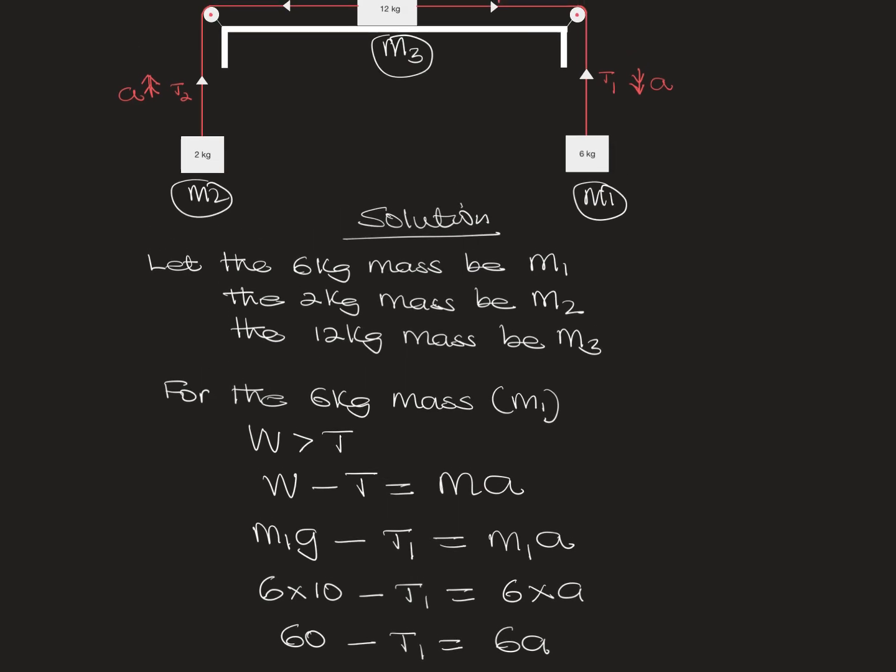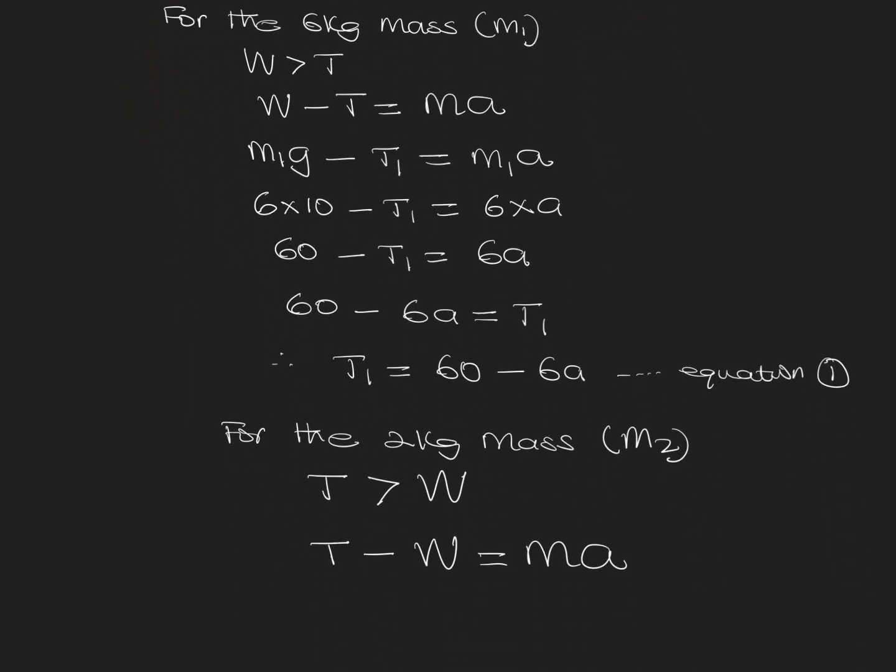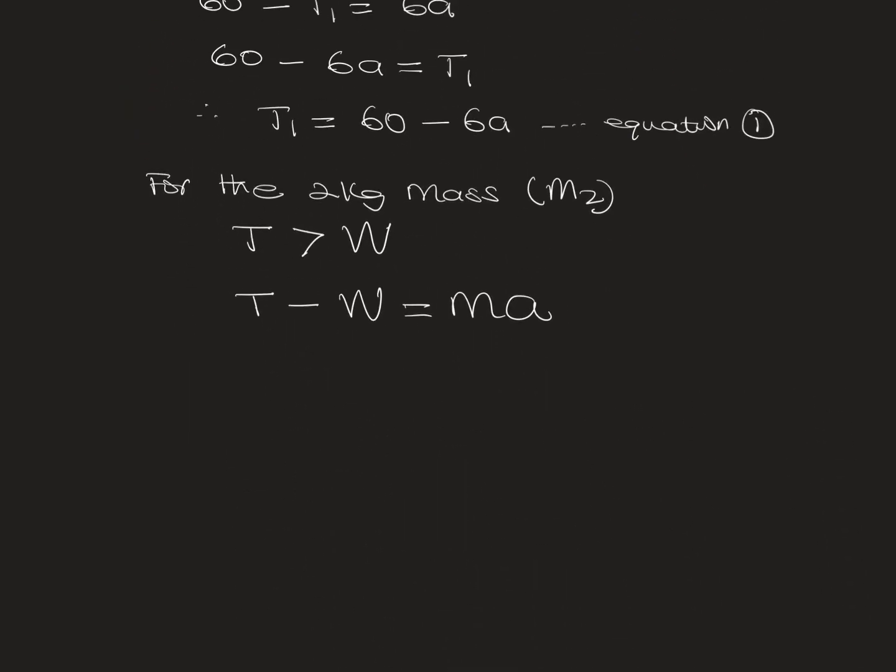But the tension there is T2. So T2 minus weight, which is mass times gravity, in that case it will be M2g, is equal to M2A. So substituting the values, T2 minus the mass, 2 kilograms, multiplied by gravity, which is 10, is equal to